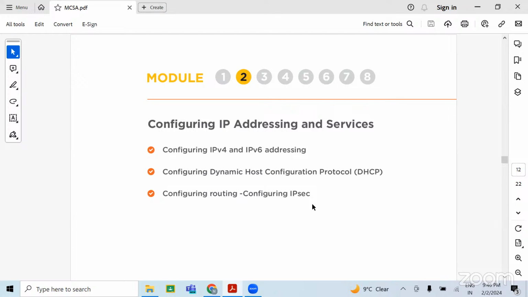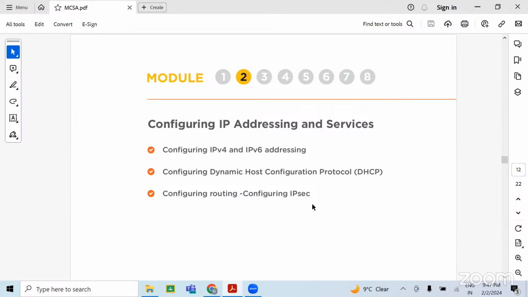Even you can take the example of your home, right? You have a router at your home. Whenever you connect to that router, it will automatically provide an IP to the devices, so that you will be able to use internet on your phones or on your laptops. In the same way, on your router there is a scope defined. There is a DHCP scope defined. There is a pool of IPs defined on your router. That is why it is providing you the IPs which are available in the scope.